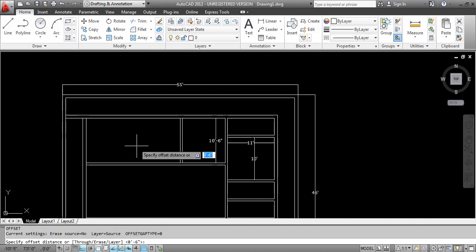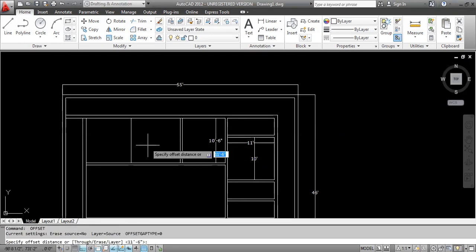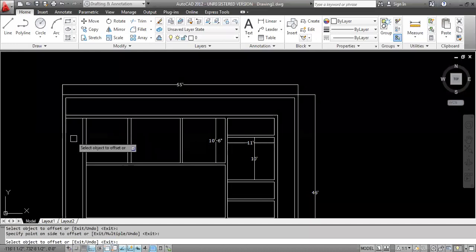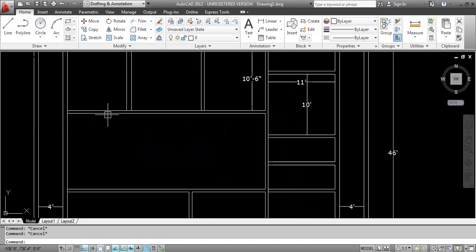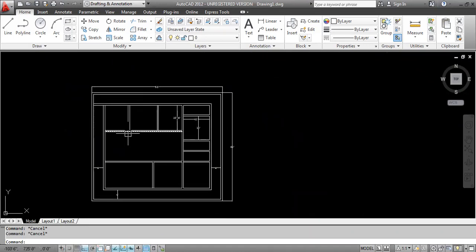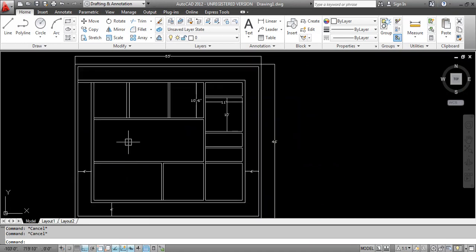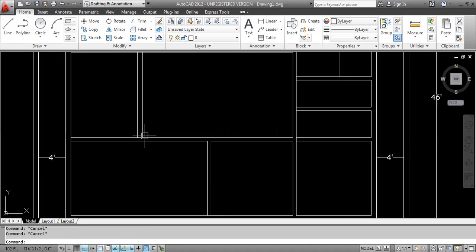Offset. Now I will give here for the kitchen 11 feet 6 inches. Now I will give the outer wall size, 9 inches. I am extending the lines.